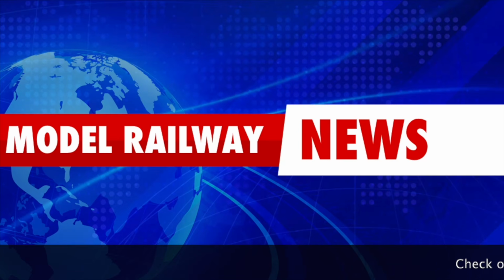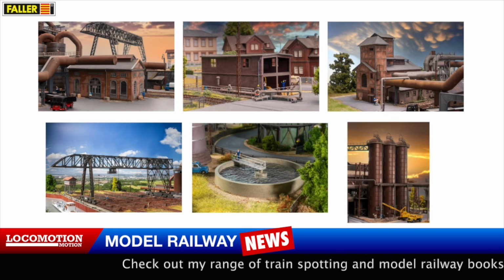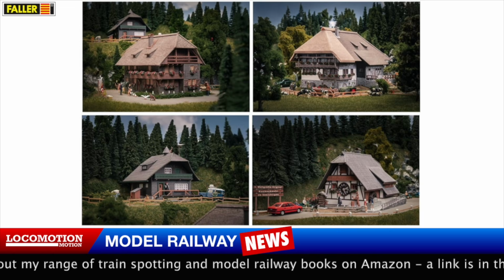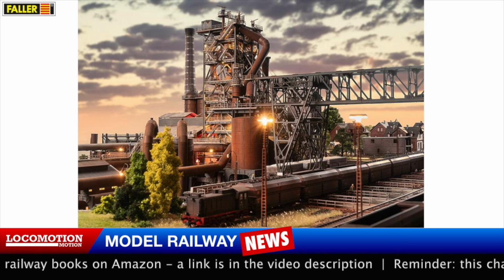So let's start off this model railway news update with Fowler, who have some new kits and accessories out recently, with the key things being two striking centerpieces, the dramatic Miedrich Steelworks series and a selection of buildings inspired by Germany's iconic Black Forest. I'll come on to those in a moment, but shown here is the Steelworks Blast Furnace